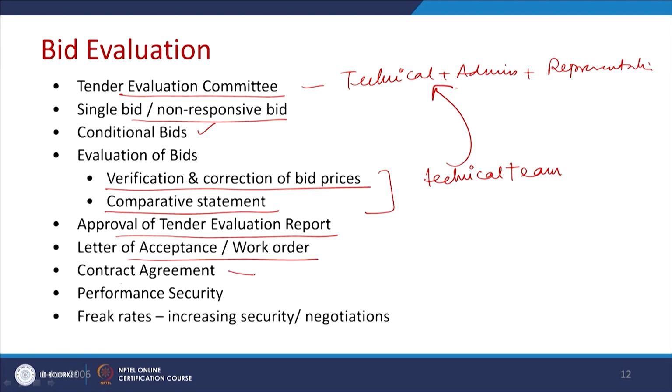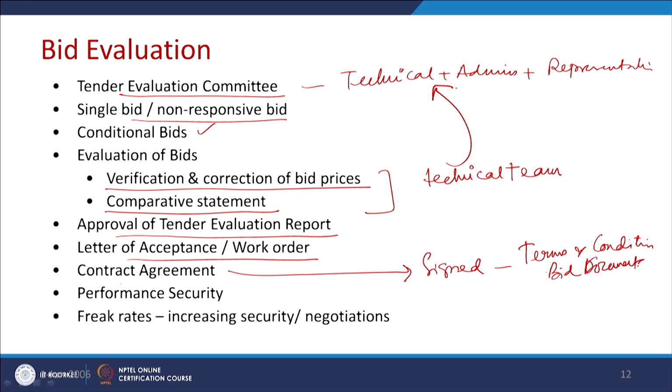Then a contract agreement will be signed. So, the contract agreement will have all the terms and conditions given in the bid document, and in addition, additional terms and conditions can also be put as per the work order or the subsequent discussions. Then there could be a system of performance security, price variation rates, increasing security and negotiation. What kind of negotiations will be required during the execution, those kinds of provisions also need to be specified